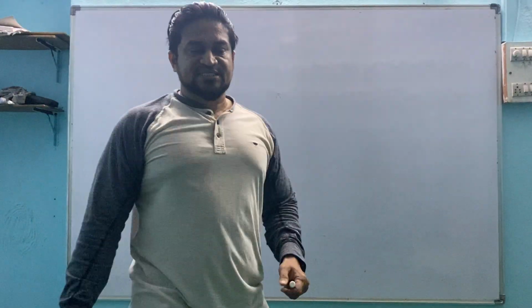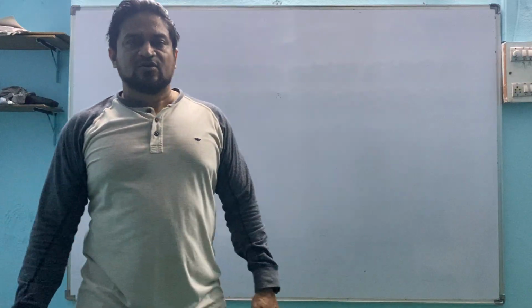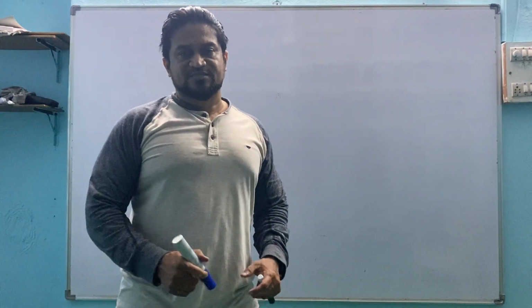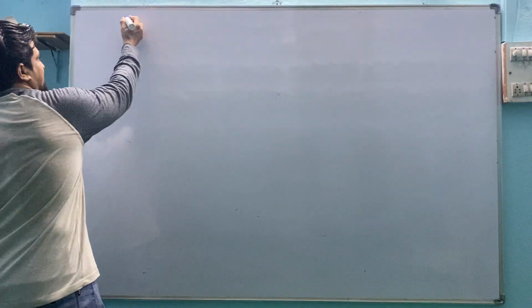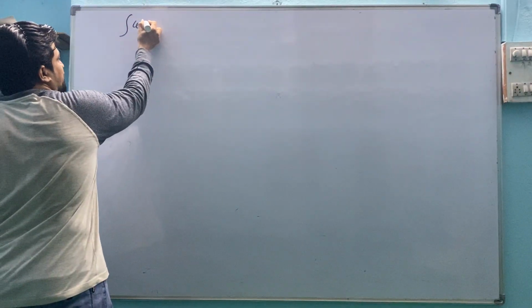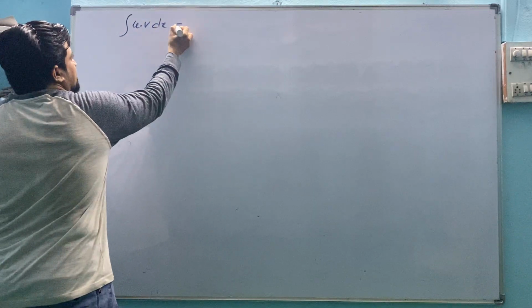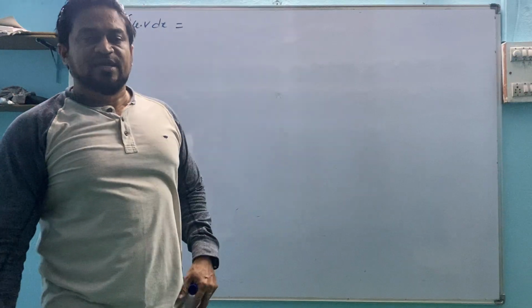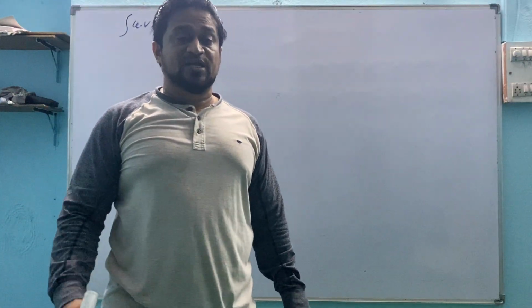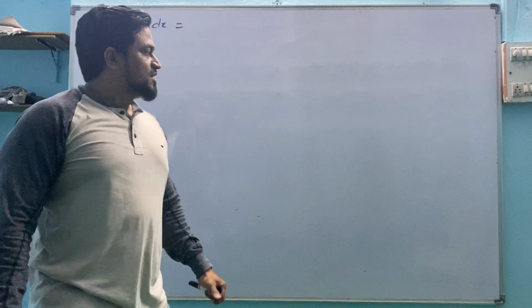We'll start 6C exercise of methods of integration. In this exercise, we have a new topic, a new formula, we can say integral u into v form. In derivatives, we used to have u into d by dx of v plus v d by dx of u. But in integration, it is totally different.